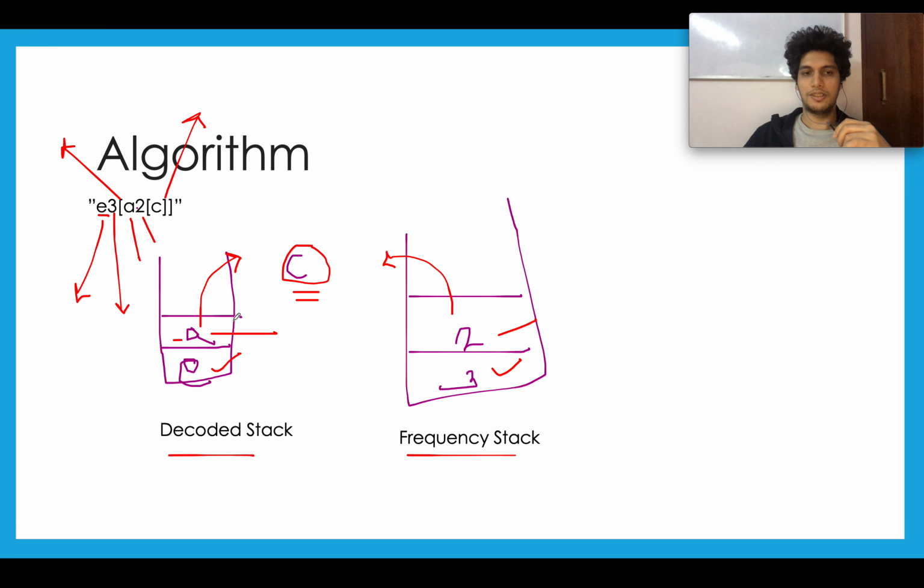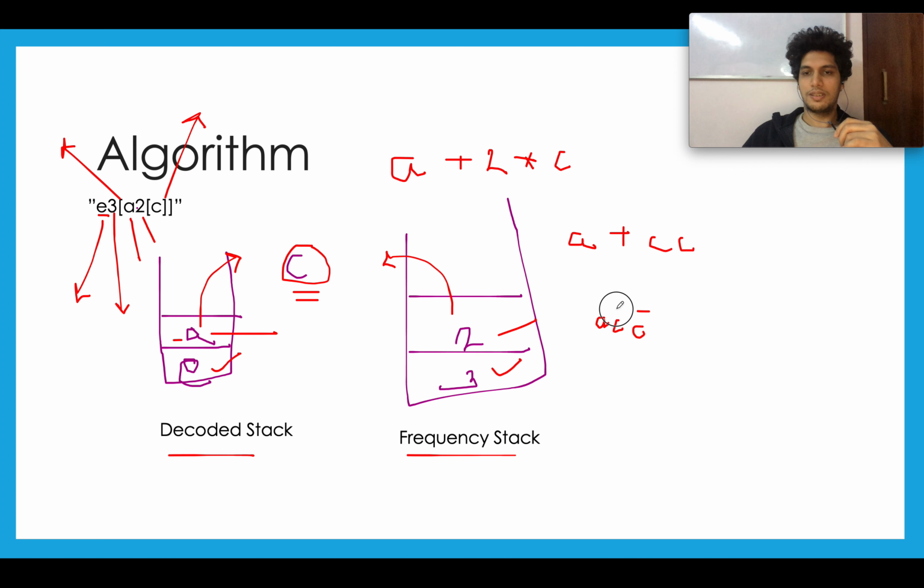So what it means is you will add a plus 2 times c, 2 into c. So what you will get is a plus cc, and that gives acc.